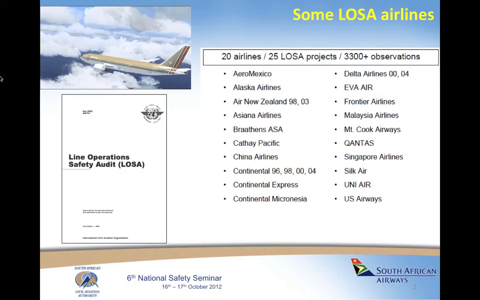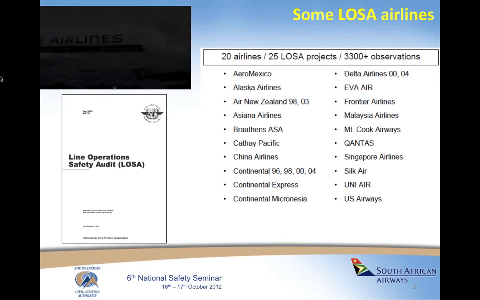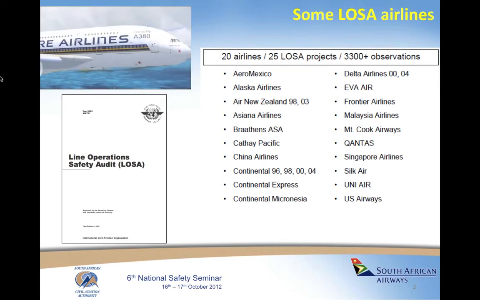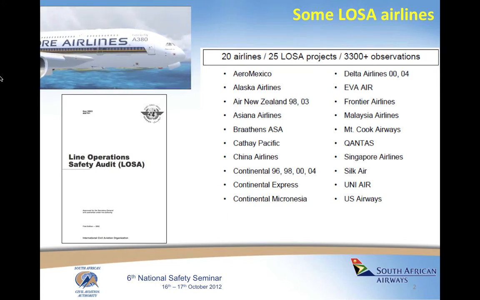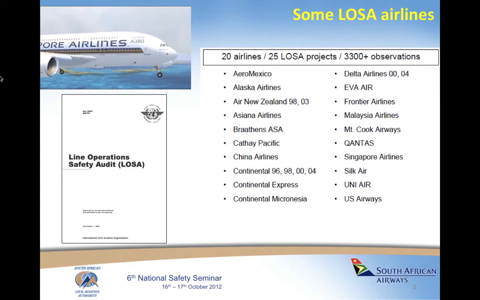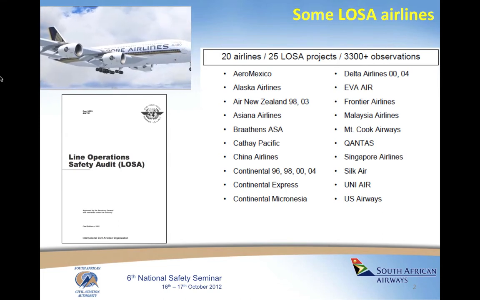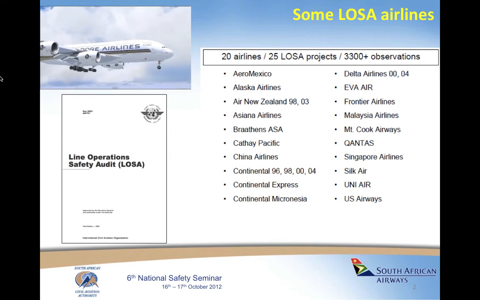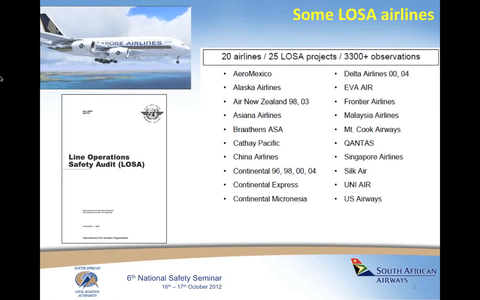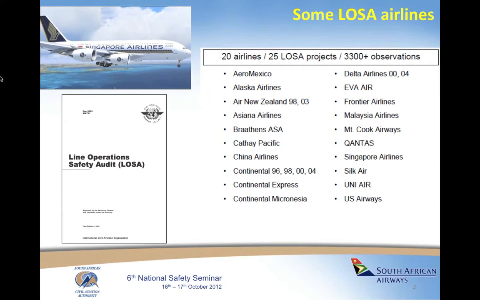The LOSA archive is a database containing observers' narratives and coded observations from all the airlines that have conducted a line operations safety audit with the LOSA collaborative. Because of the stringent quality assurance process, results from different airlines can be pooled to derive industry averages. The LOSA archive can also benchmark an airline's performance against other airlines, providing a multi-airline context for understanding an airline's